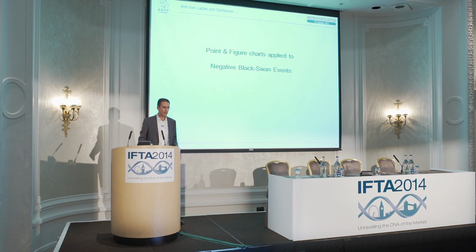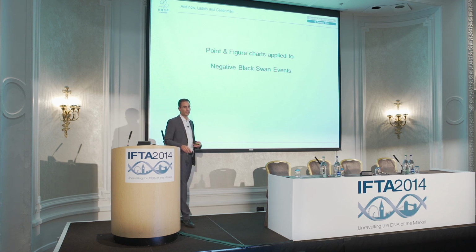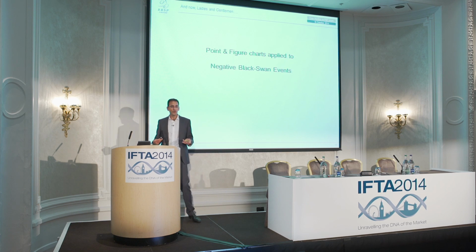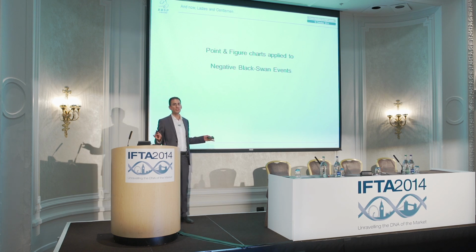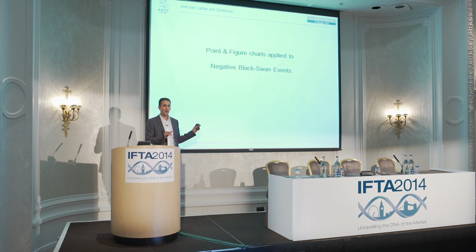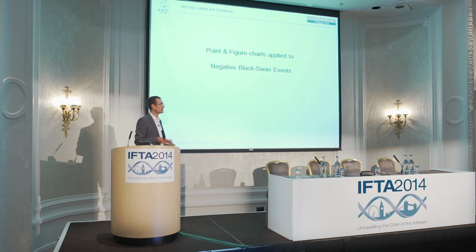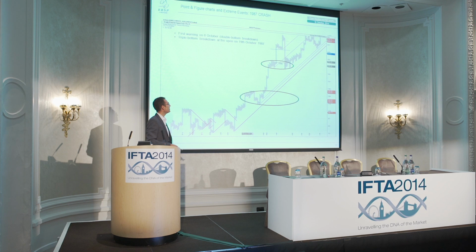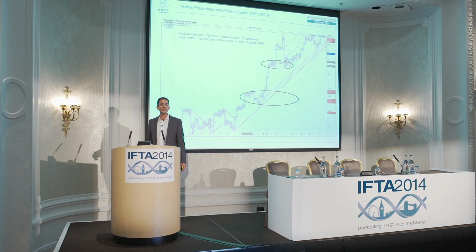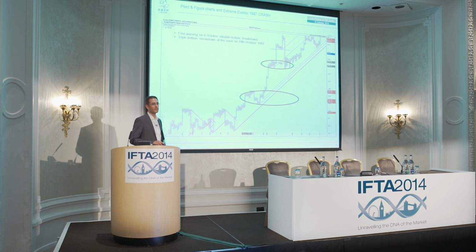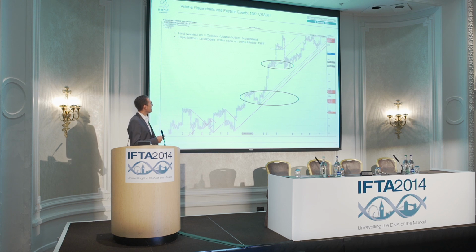So now I will finish the intervention answering the question, could we have avoided some negative black swan using all the tools I showed you? I didn't try to do optimization, I just wanted to show you exactly the same parameters and do some backtest on critical periods of history. So I selected the crash of 1987, the crash of 1929, and I will end with some comments on the Greek stock market.